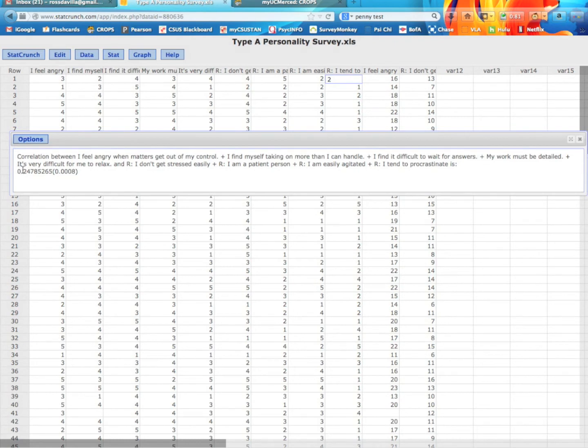Now, I would have expected a correlation a bit higher than 0.25. That's kind of a weak correlation. Since all these items are trying to assess the exact same thing, I would have expected a correlation more around 0.5. But still, it's positive, it's significant. So in that way, we're on the right track. At least the items are somewhat hanging together.